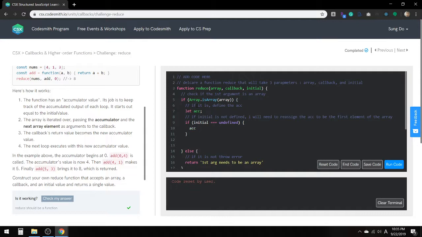So the accumulator will be the array at the 0 index, and I also need to slice the array from the first index